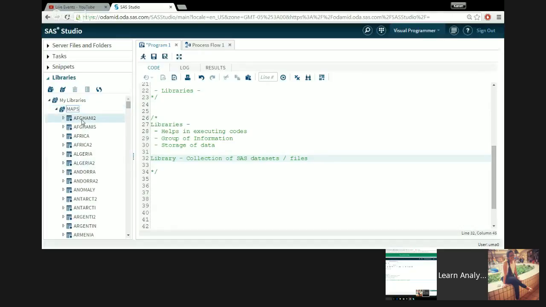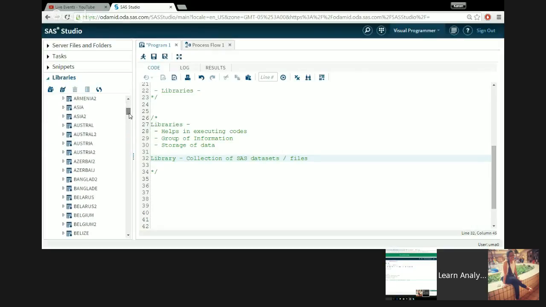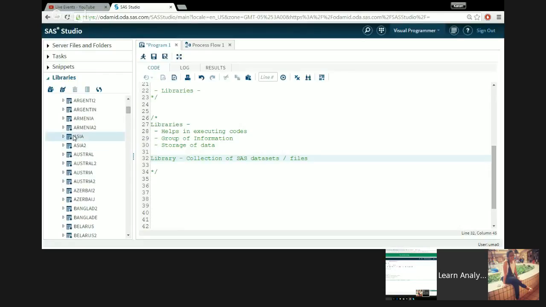Okay, so in the SAS Studio, you have built-in libraries and built-in data sets. For a simple reason, this is designed for learning purpose, right? So in order to make it easy for people who are trying to learn SAS, they have built-in data sets here on which you can work. Okay, so when I click on the maps library, I have different country names here, right? So let's say I open Asia,